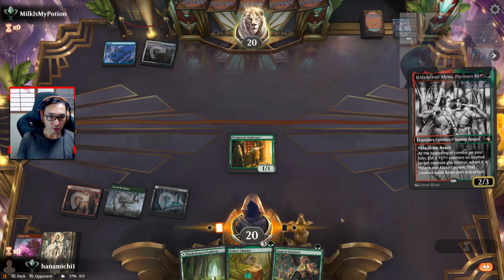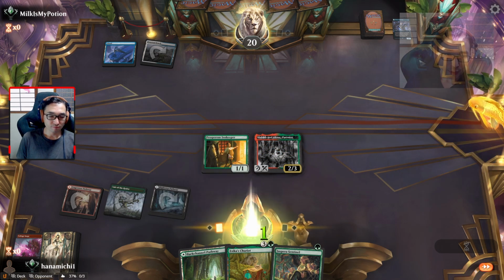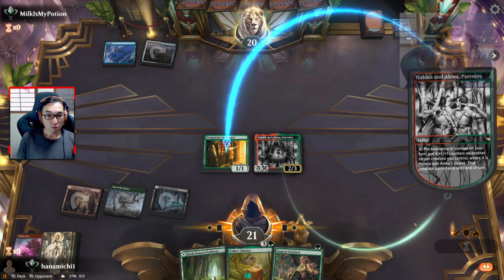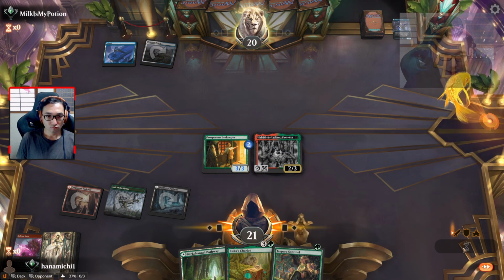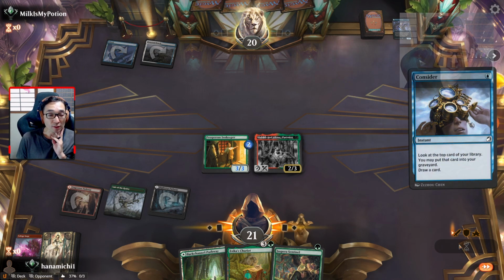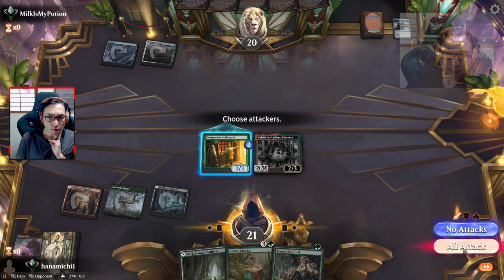Now, I go ahead and get the turn 3 Halana Elena out, hoping that they don't have a Fading Hope. We're now in the combat phase and still no Fading Hope. Got the counters on. And let's see if we can get any damage. It was a Consider! Not a Fading Hope. A Consider that was holding up priority. Alright. Well,